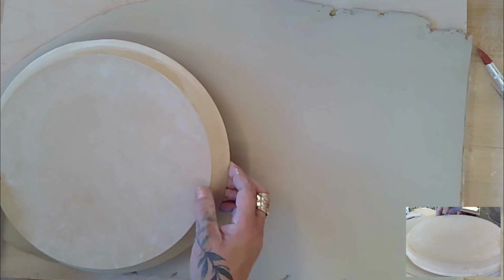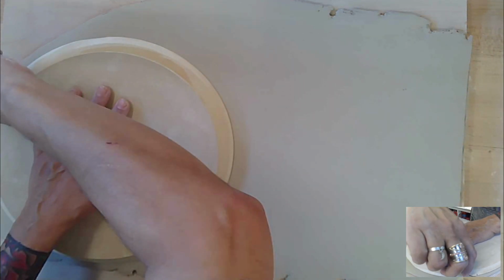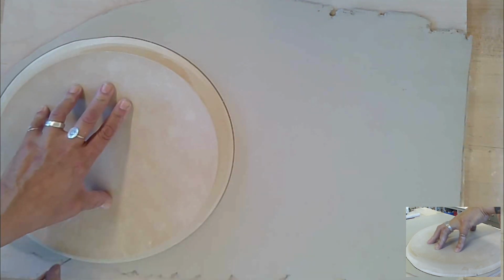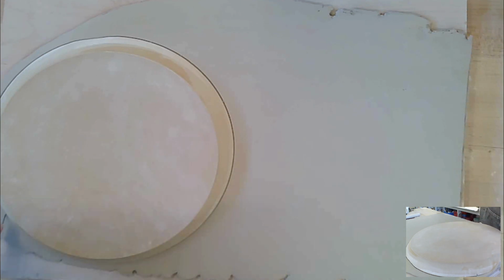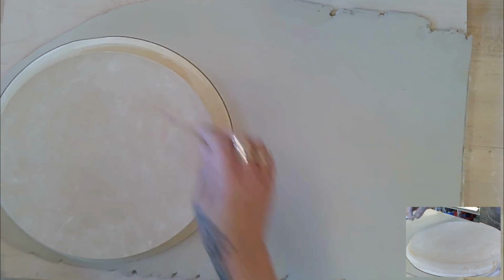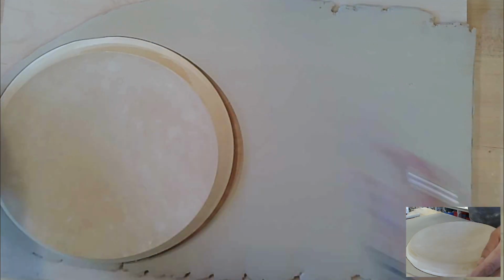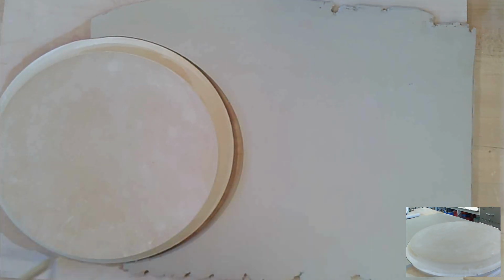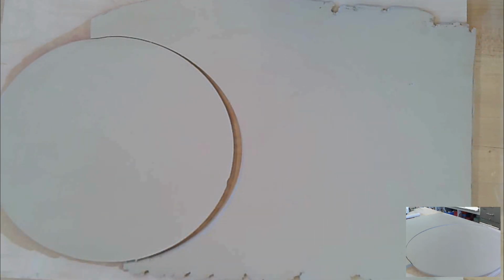I'm going to put my circle all the way to the end, so I'm not wasting any clay here, and we'll go around with the needle tool and follow that shape. Your wall size will have everything to do with the size of your back wall. Your side walls will have a relationship with your back wall for sure. So there we go. There's our circle,